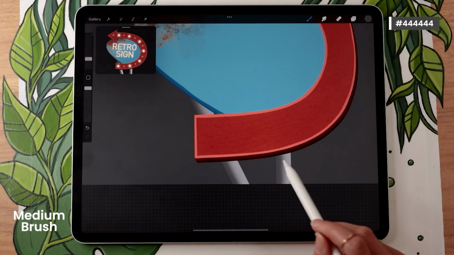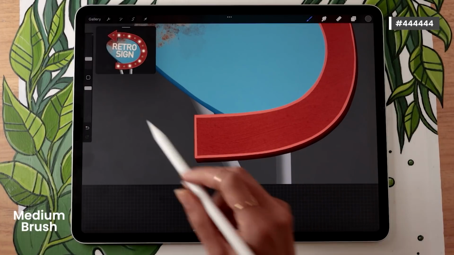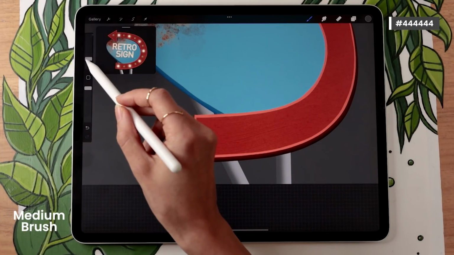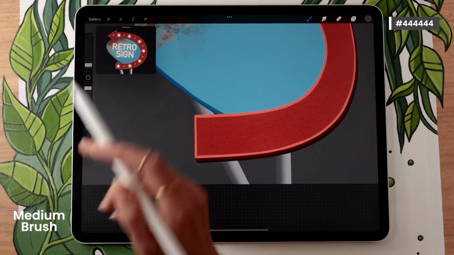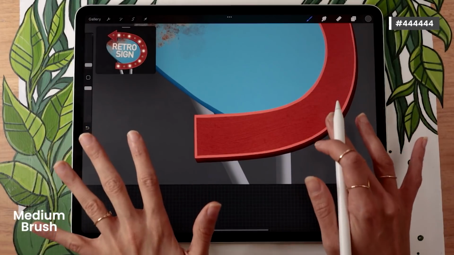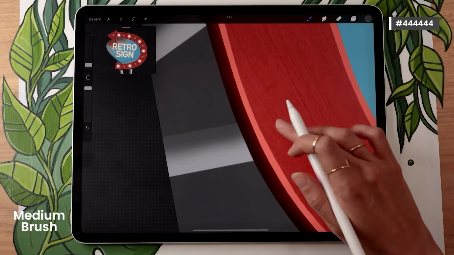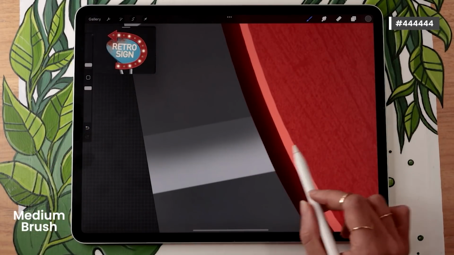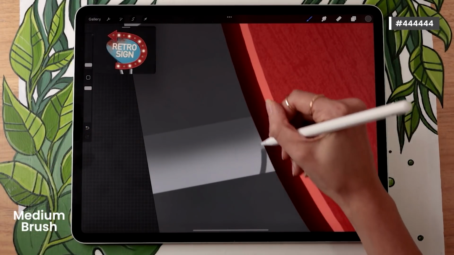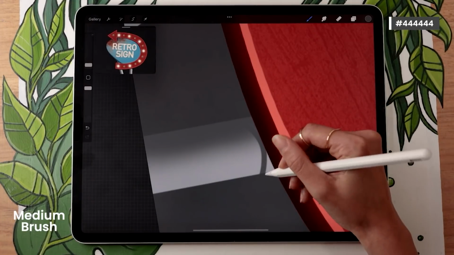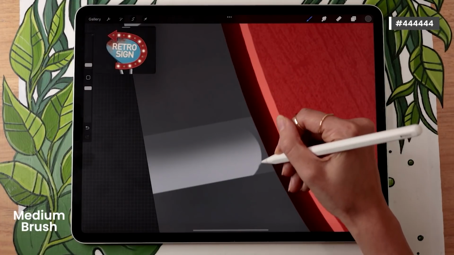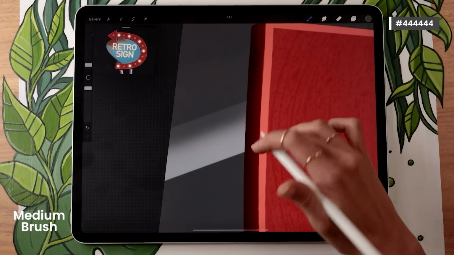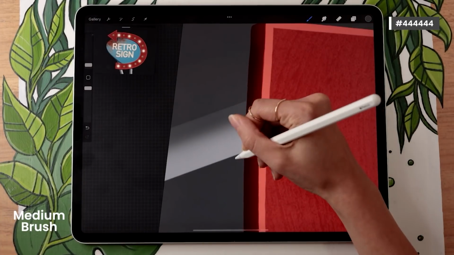We're also going to add a curved shadow right below the sign. So for that, making sure your brush is quite small so you have a lot of control over it. The exact number is going to depend on the size of your canvas, but you can experiment, of course. And then right below your sign, you're going to draw a slightly curved shadow like this. And you're just going to repeat whenever you have an overlap between the sign and the pole.